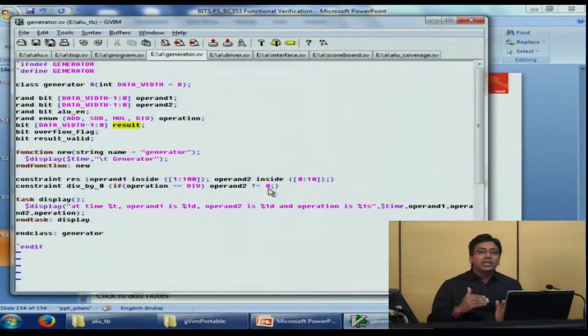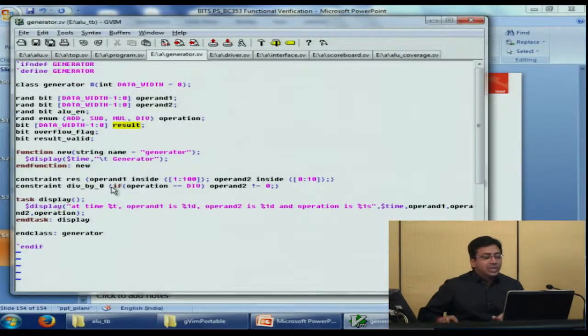Now since the simulator has to work correctly, all the constraints have to be resolved in a meaningful way. That is, none of the constraints should be violated. So it means that all the possible values of operand 2 when the operation is division are 1 to 10.